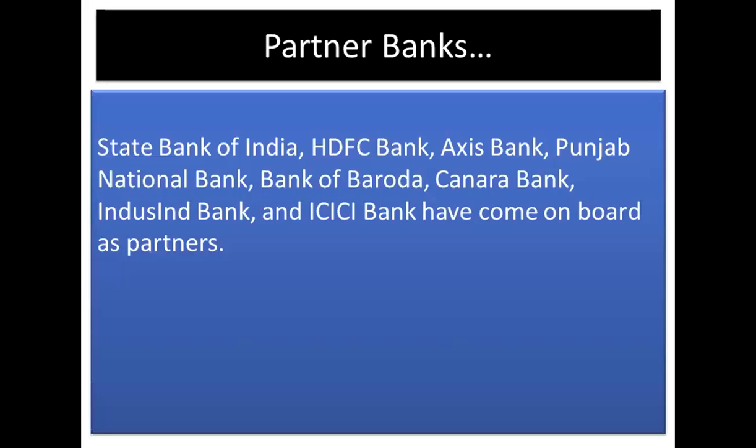And who are the partner banks? State Bank of India, HDFC Bank, Axis Bank, Punjab National Bank, Bank of Baroda, Canara Bank, ICICI Bank, and IndusInd Bank. These banks have come on board as partners. It's very sure that this e-RUPI is going to be a game changer as far as the